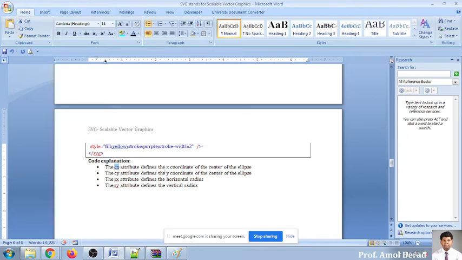Okay. So what is exactly CX? CX is the X coordinate of the center of the ellipse. CY is nothing but the Y coordinate of the center of the ellipse. And what is RX?